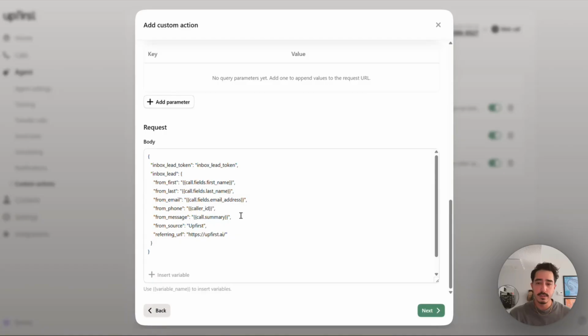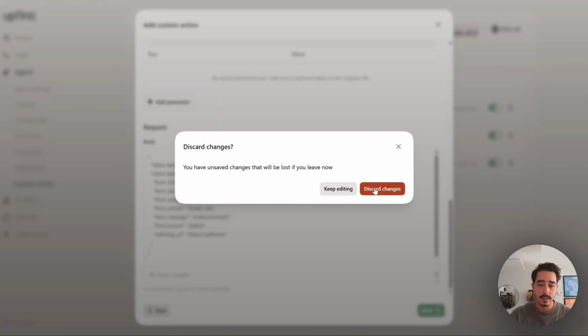Also, here's a few gotchas to call out. One, Clio Grow wants a first and last name separately, but Upfirst gives you the full name as one variable automatically. So if it's important to you to capture both first and last names separately, like call fields first name, call fields last name, like it's presented here, then what we'll do is head over to Settings on the left-hand side,